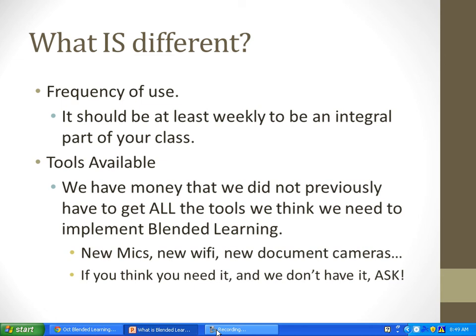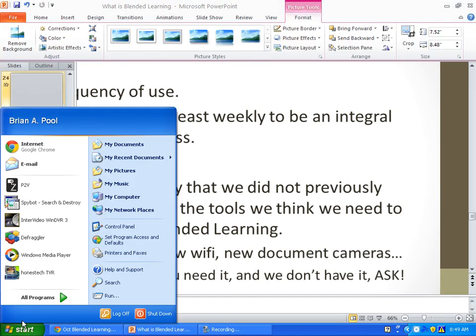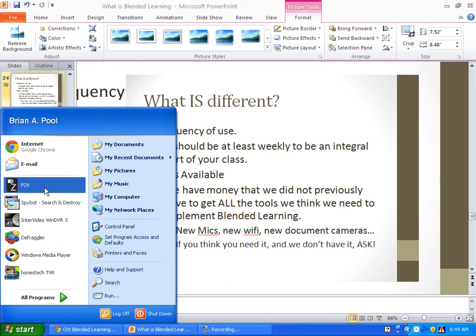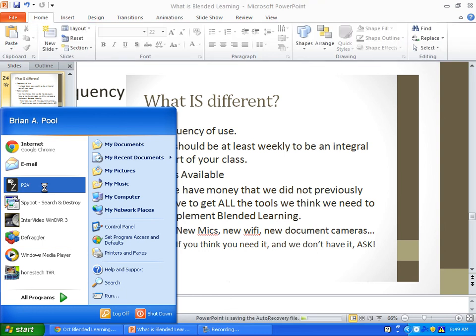Is there a way we can get extensions? An extension cord? Yeah, I already ordered them. I got a whole bunch in my thing. So Troy Ferguson is using his document camera in his art class right now. So let me open it up so you can see what I'm